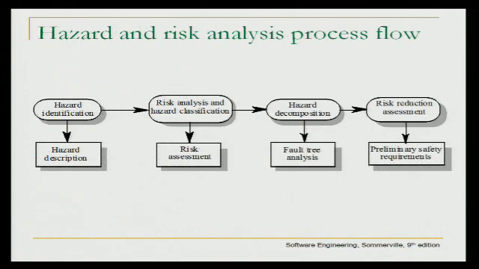This is the process that normally gets followed. So you go through a hazard identification phase, document those, do the risk analysis. This will help you decide which ones you want to classify as important. Your risk assessment should get documented out of that. You decompose your hazard into a fault tree, like I just showed you. And once you decide how you're going to solve or alleviate those potential faults, the risk reduction, those feed into the safety requirements. So basically, your hazards, which you can categorize using a fault tree analysis, ultimately lead to